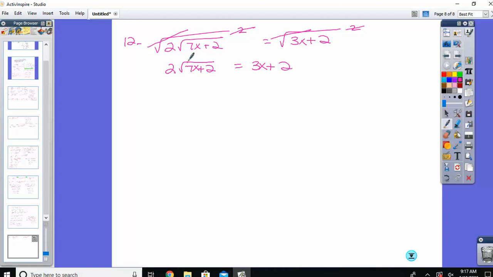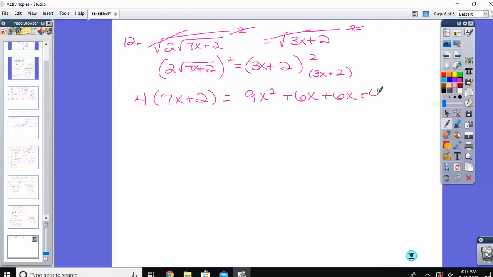Okay. So when I square, I have to square the 2, so it becomes a 4. The radical would drop. Over here, because it's 2 terms, you do have to FOIL. So you get 9x squared plus 6x plus 6x plus 4. So 28x plus 8 plus 9x squared plus 12x